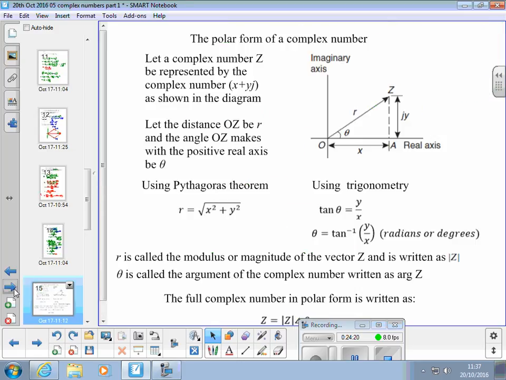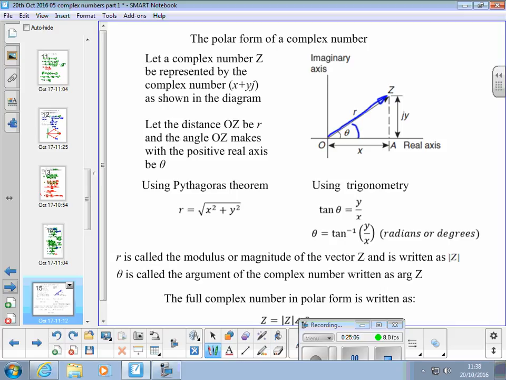The next bit: the polar form of a complex number. We already touched on it a little bit, now we're going to have a closer look. If we let a complex number z be represented by x plus y times j, as shown in the diagram, the distance OZ, let that be r, and the angle that OZ makes with the positive real axis, this angle in here, equal theta,